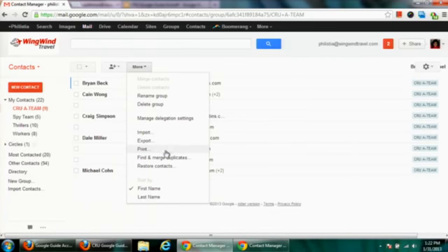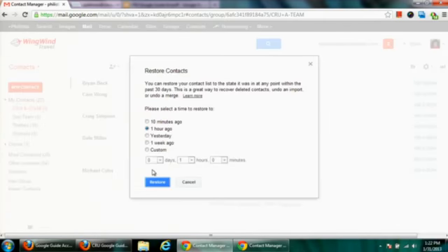You can print. You can find and merge duplicates. And this is really important. Restore contacts. So I'm going to click right here. I want you to keep this in mind. When you restore contacts in your Google account, it restores to a state. What does that mean? So if let's say at 8 o'clock this morning, we set up 10 new groups, all